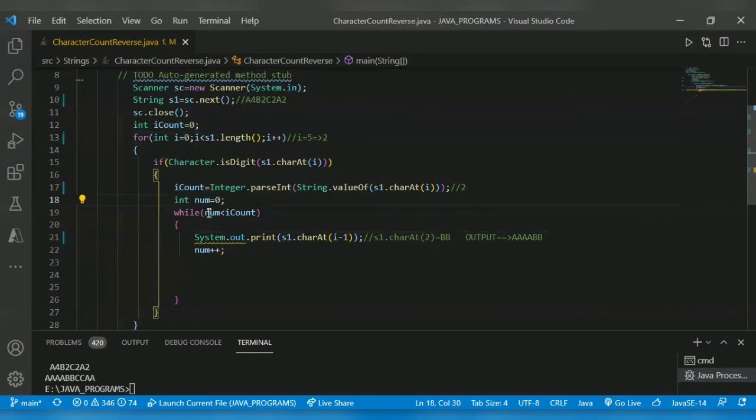Num is equal to 0. 0 less than 2, the condition is true. charAt(i minus 1): i is 5, 5 minus 1 is 4. So s1.charAt(4) is C. It will print that.